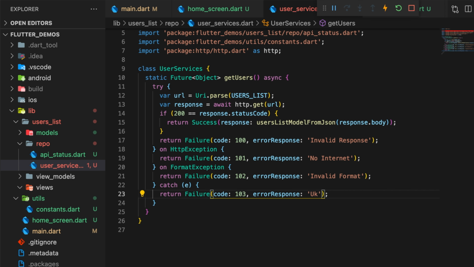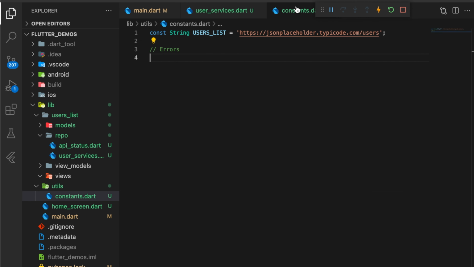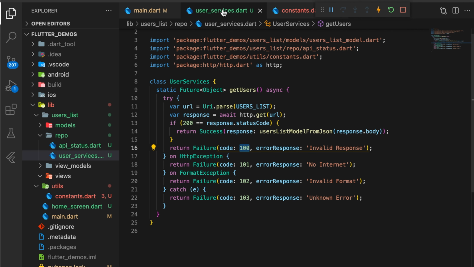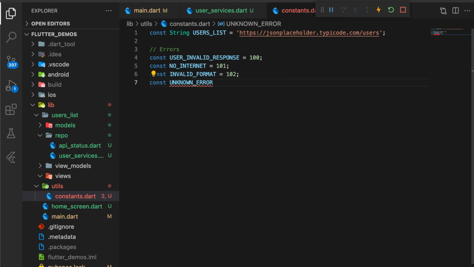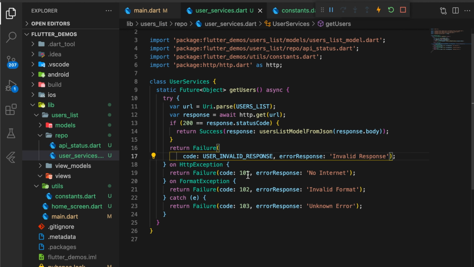Now our service class is almost done, and let's copy these constant values to our constants file. So open the constants file and declare constant USER_INVALID_RESPONSE is equal to 100, NO_INTERNET 101, and INVALID_FORMAT 102, and the final one is UNKNOWN_ERROR is 103. So if you want to check with the help of these constants in the UI, you can do that, but it's up to you. Okay,